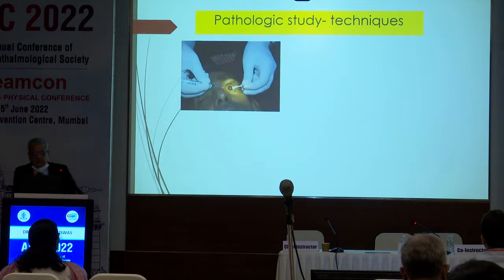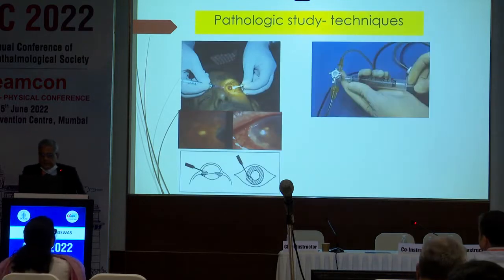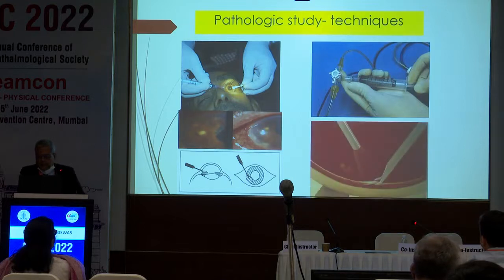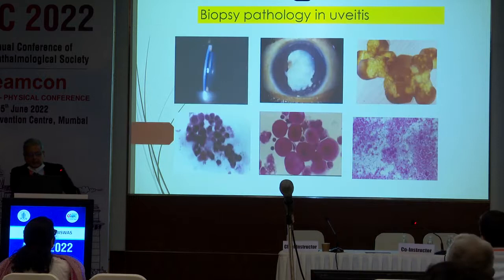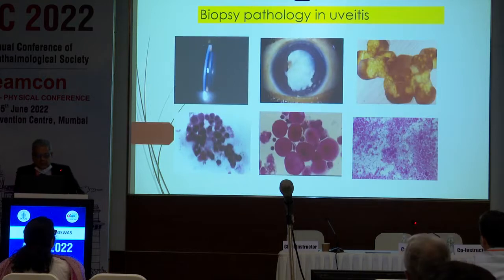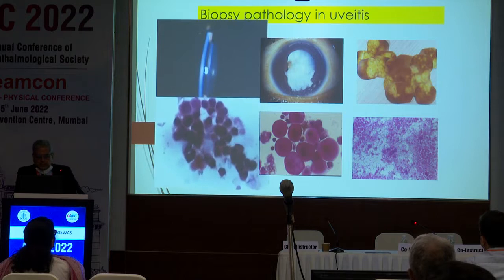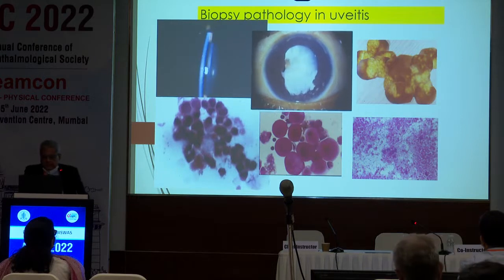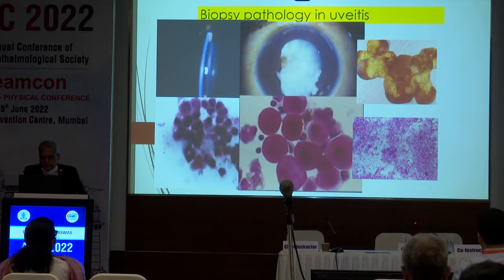For pathologic study, various techniques have been described: anterior chamber aspirate, iris biopsy, vitreous biopsy, and then retinochoroidal biopsy. We get the biopsy pathology, the techniques, the various specimens. Is this a case of pseudohypopyon? We get large, basically cohesive cells suggestive of retinoblastoma. And this is a case of a lens-induced uveitis, where you could see the large macrophages laden